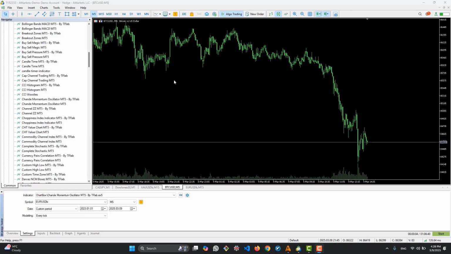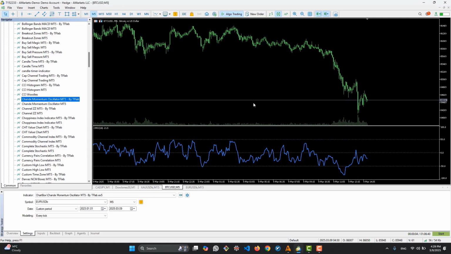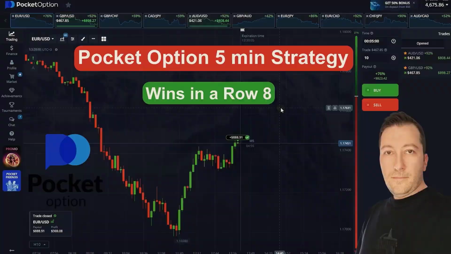Hello. In this video I will be examining the multi-momentum indicator on the MetaTrader 4 and MetaTrader 5 platforms. This indicator is a type of momentum indicator that shows us the overbought and oversold areas. The line you see on our chart indicates overbought or oversold conditions. If the value is above 50, it indicates overbought, and if it's below -50,